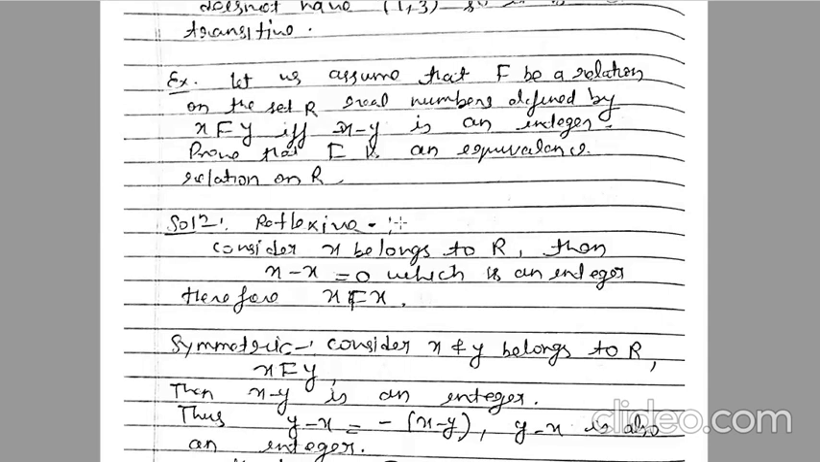For an equivalence relation, we need to just prove all the three properties. We need to check all the three properties. No other things have to be done. And another thing,